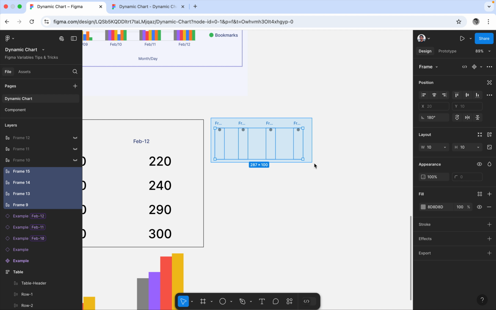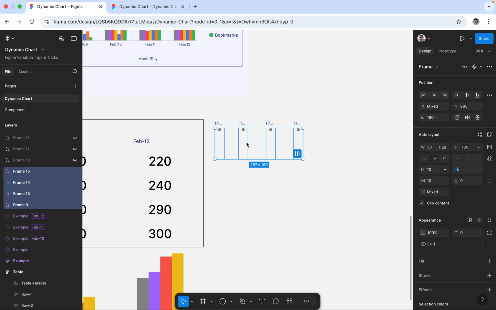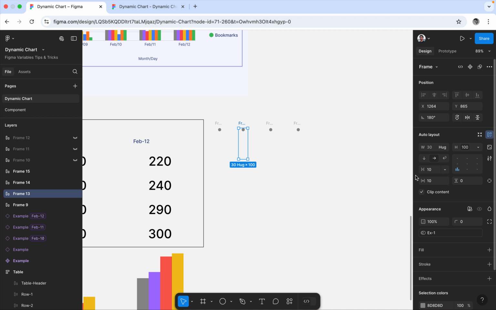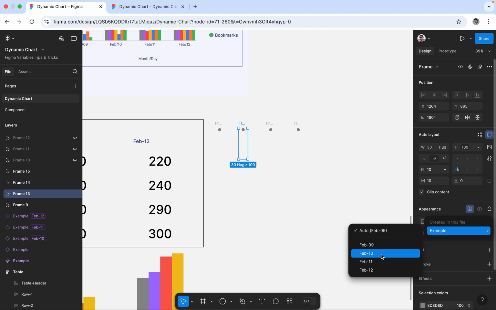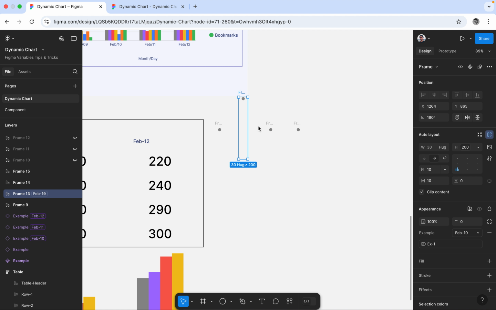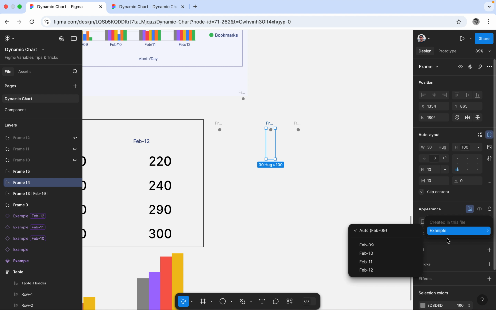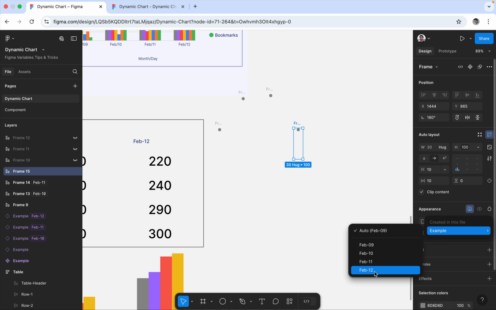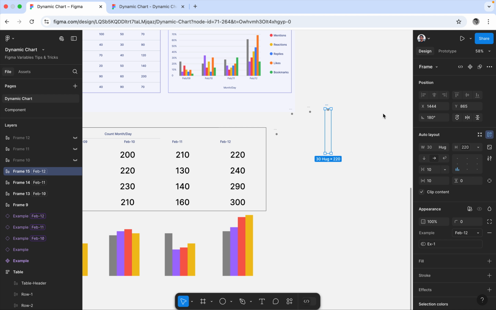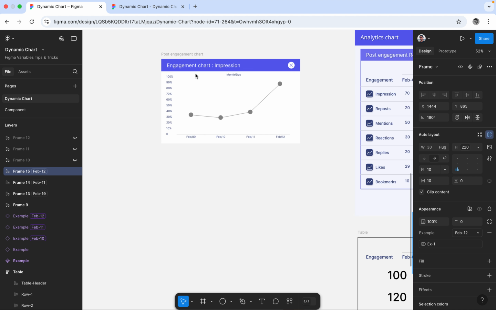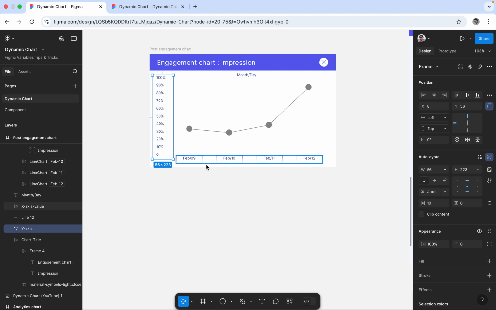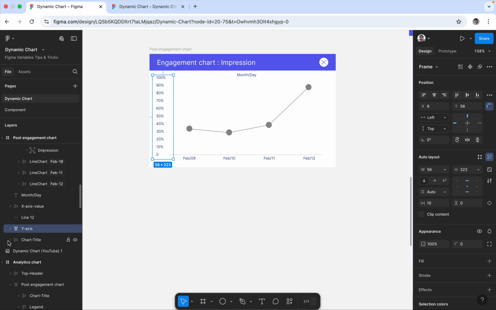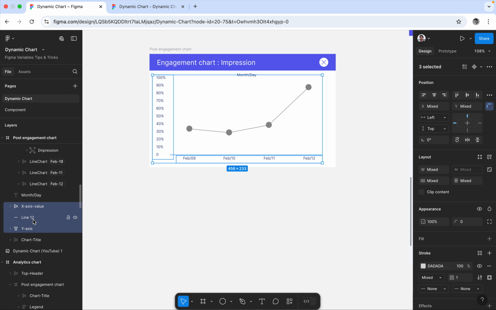So this is for the single individual one, like impression, or you can say example one. So here you can change the mode. So this is for frame 10, this is for frame 11, and this is for frame 12. So just we need to add this x-axis and y-axis. So x-axis value, line,